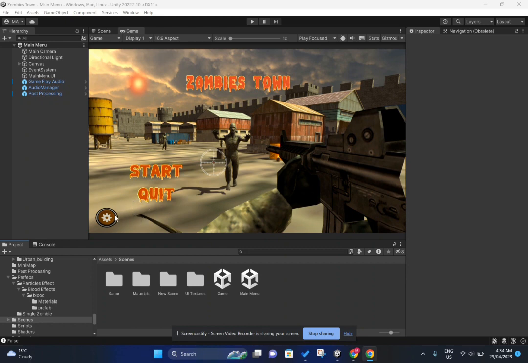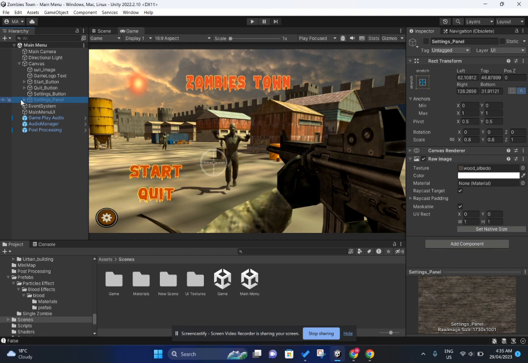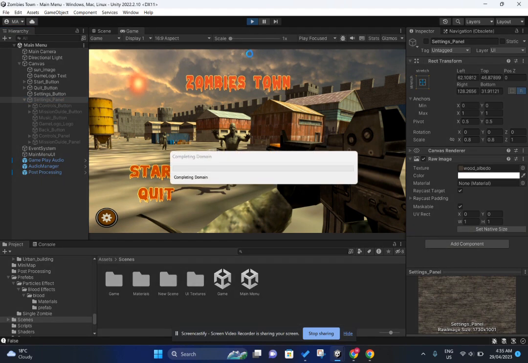And I have a settings button which has a different panel. I have made a setting panel. It's currently not set active in the world, and I have a control panel and a mission panel. I will play the game and then talk briefly about these panels. I have also added a touch SFX whenever I click a button, so the sound effects can be heard. So if I play the game,